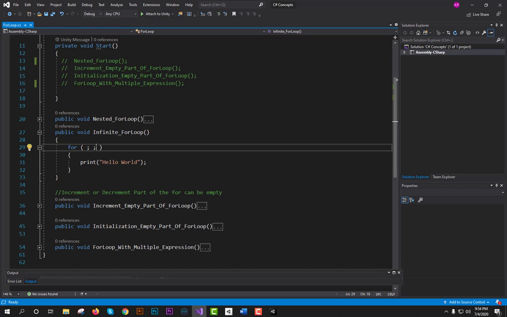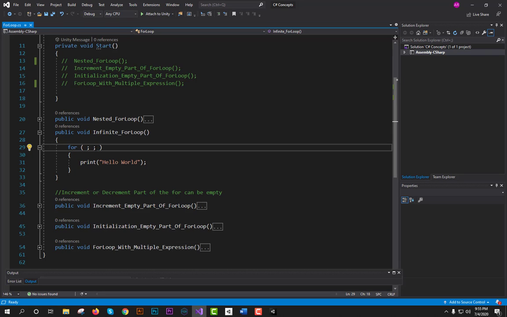You have to be careful. It will be an infinite loop if the for loop doesn't contain the initialization, condition, or step part. Also make sure that the conditional expression will return false at some point of time to stop the looping.